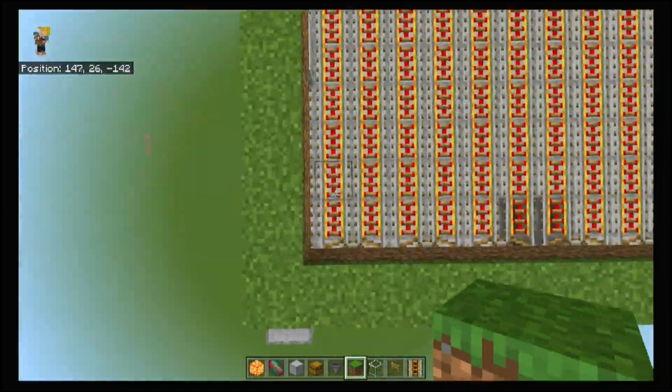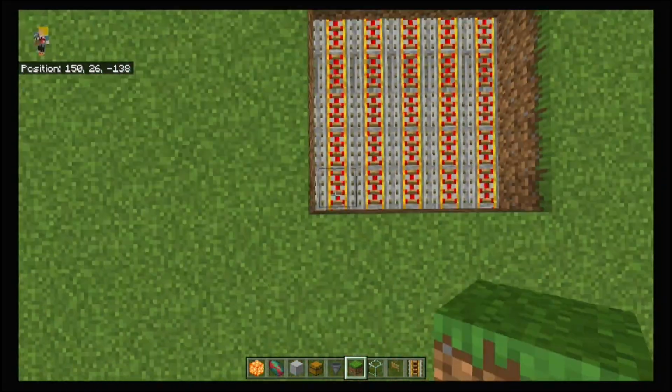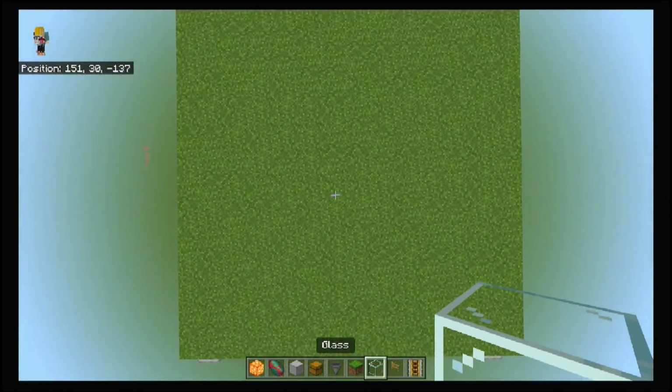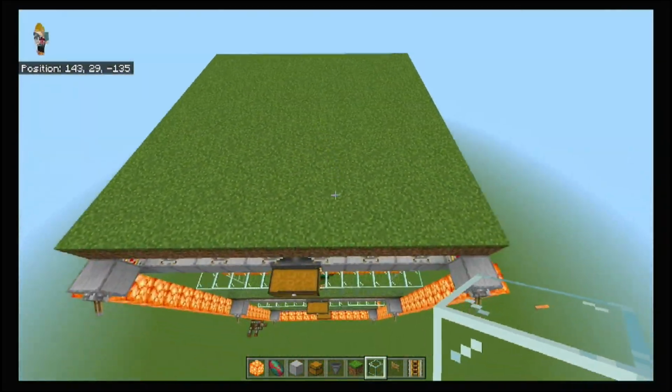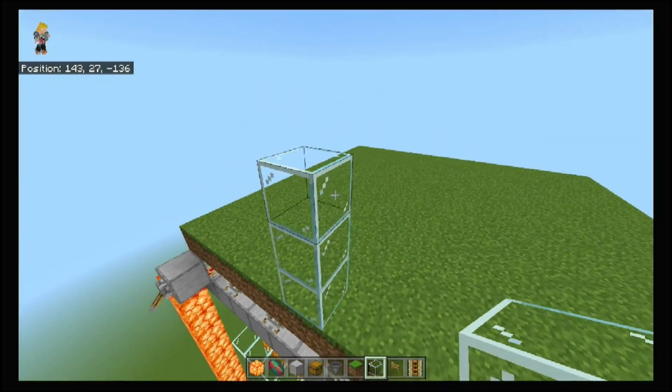And you're going to fill it in, everything right above those rails. It should be a 14 by 14 space. Now you're going to want to go ahead and put your glass blocks, and start building up a 4 tall layer, and right around your chest,